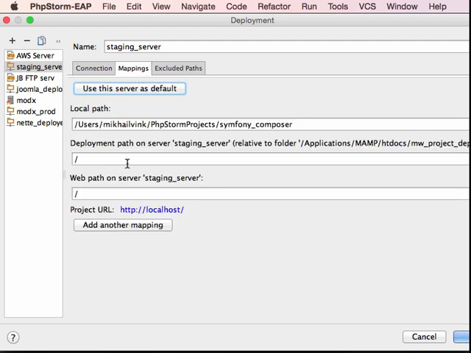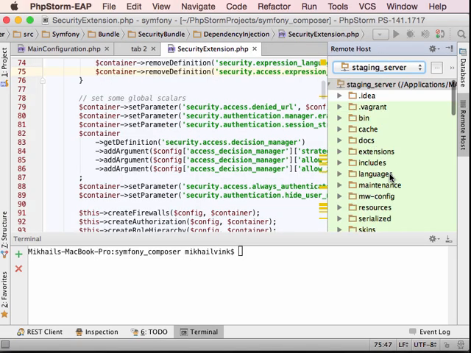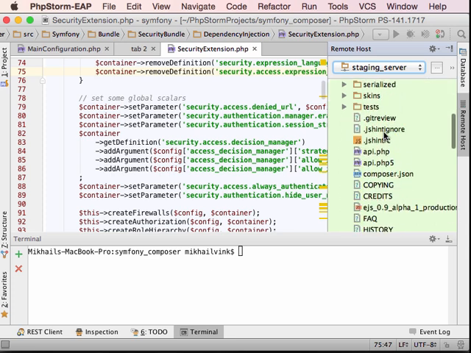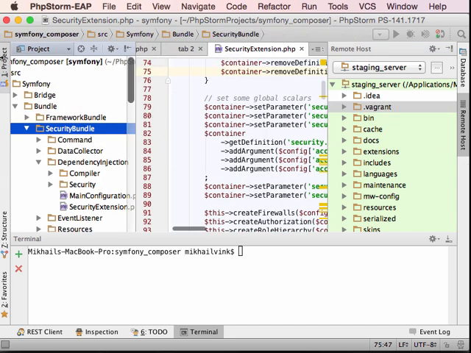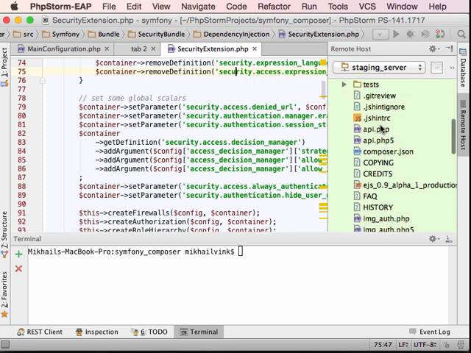So we provide mappings, which is, well, very important, so that we actually understand how to map your remote server to the local environment PHPStorm relies on. And after that, we can see everything that was located on the remote server right here in the remote host, and we can also see that there is a mapping. So basically remote hosts are mapped onto the local project, and from here, starting from PHPStorm 9,